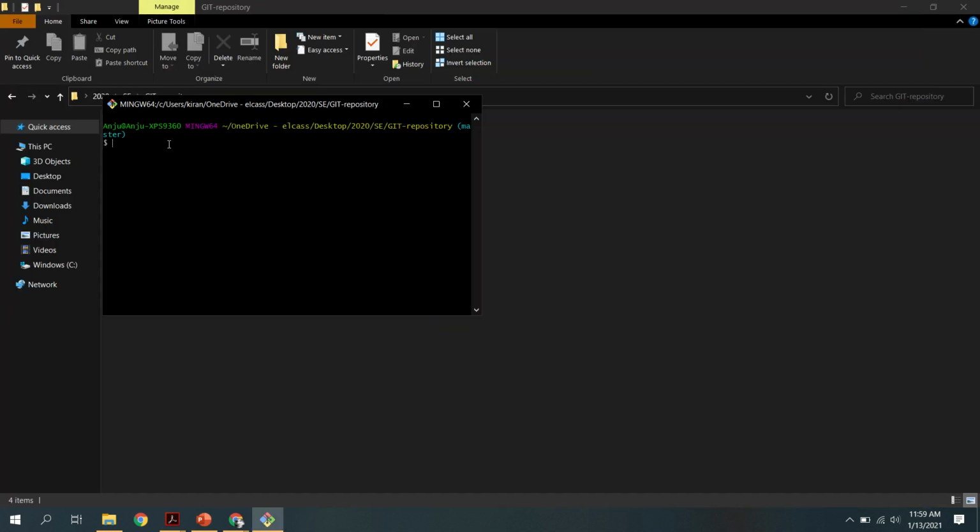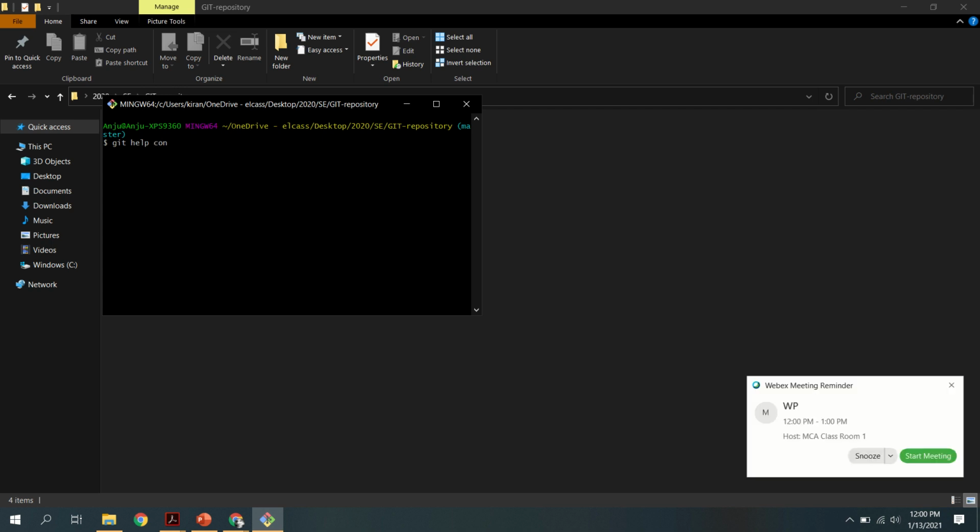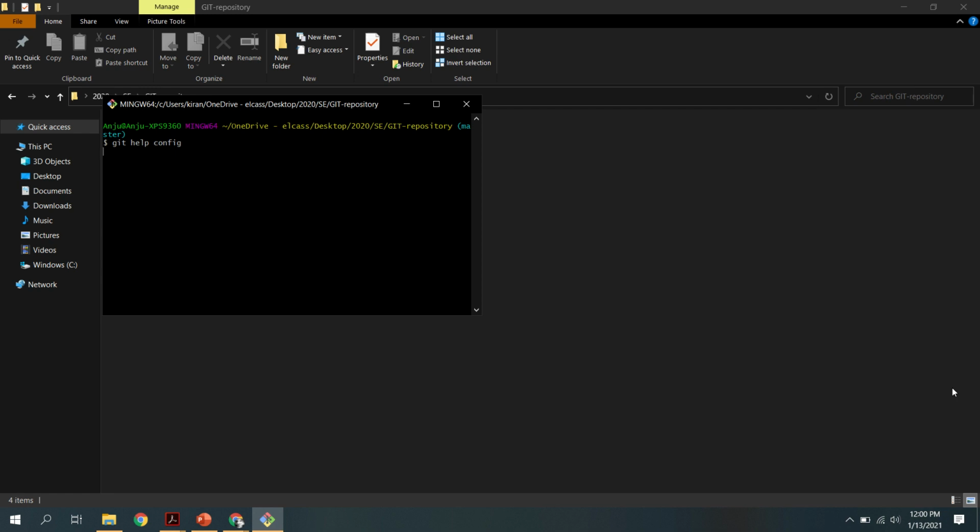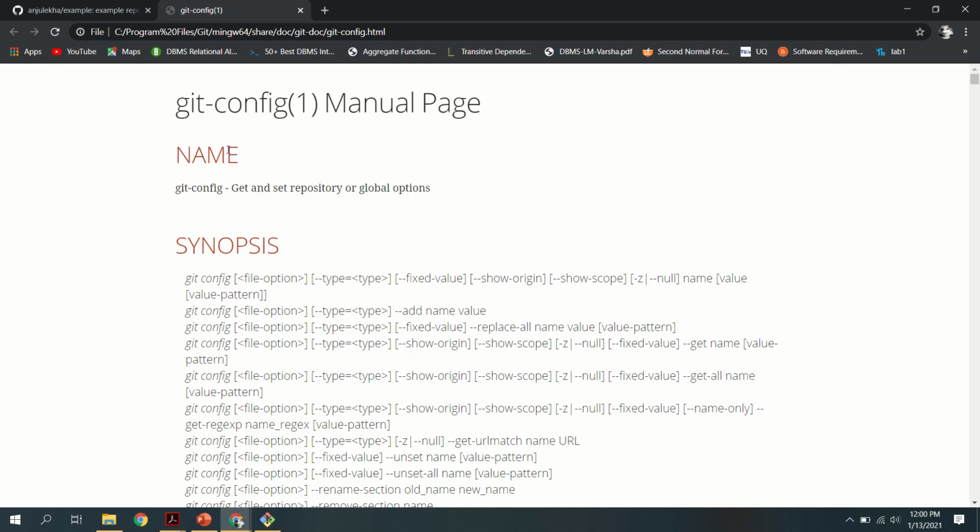Here I took the git bash and I am going to type git space help space config, to get the manual of config, and I press enter. You will be directed to the manual page of git config.